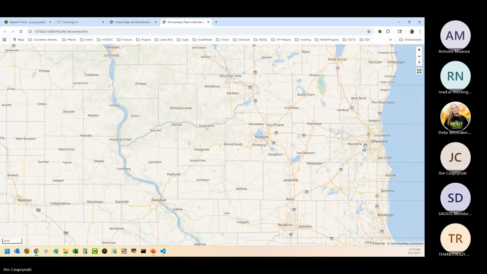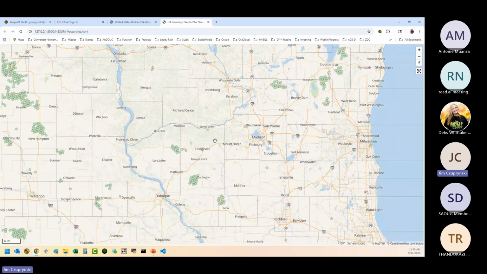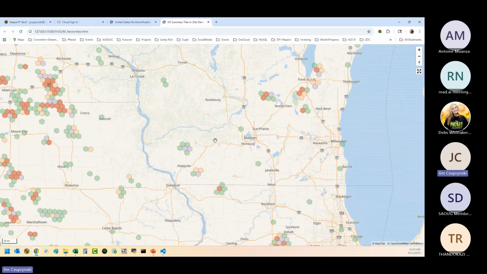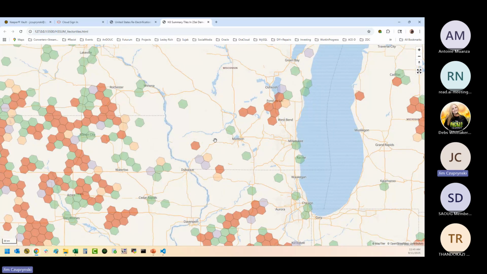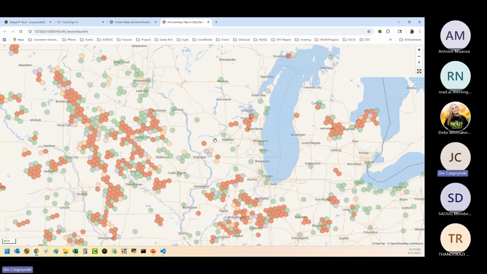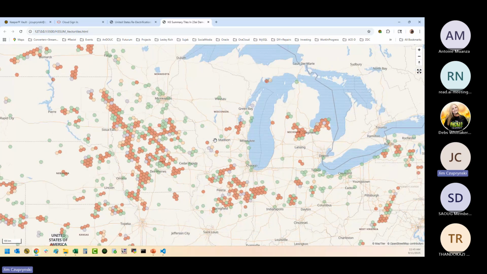And same geographic area, except now as I zoom back out, notice that as I'm zooming back out, the sizes of the H3 hexagons change as I come back at the different levels. I'm now at the 50-kilometer level. I'm now at the 100-kilometer level.